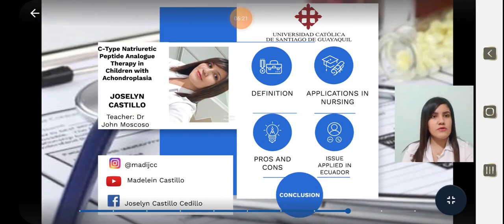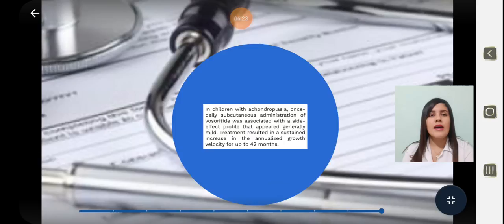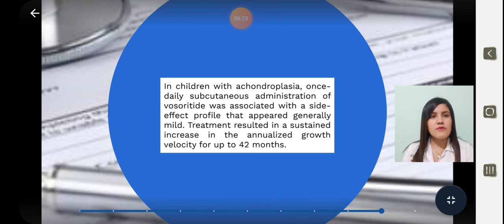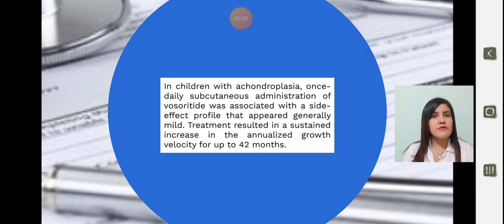Finally, in conclusion, in children with achondroplasia, daily subcutaneous administration of vosoritide was associated with a side effect profile that appeared generally mild. Treatment resulted in a sustained increase in the annualized growth velocity for up to